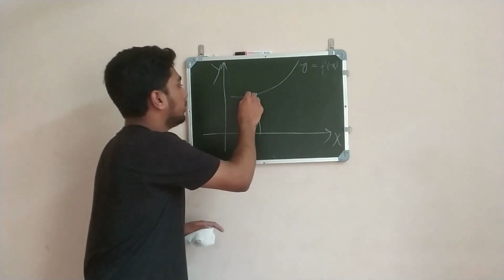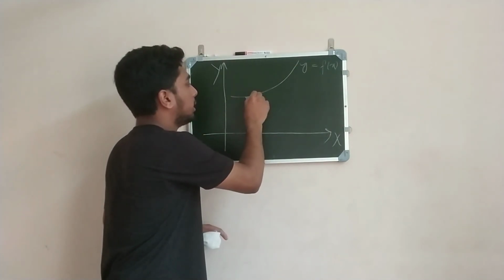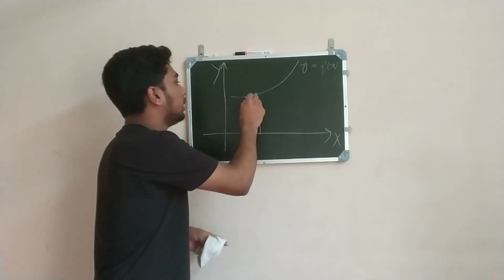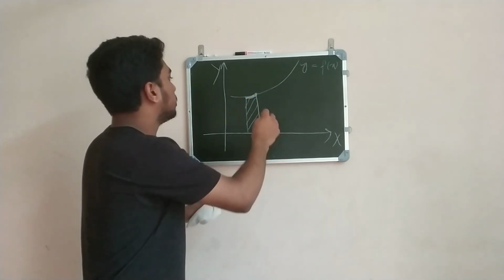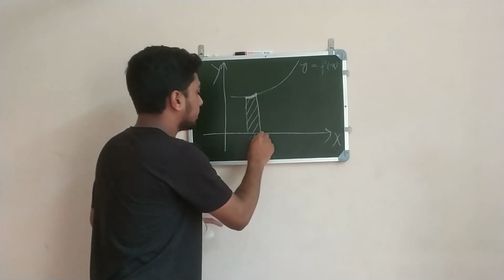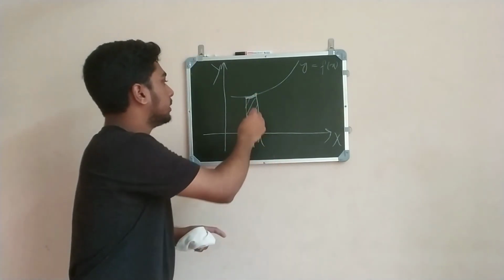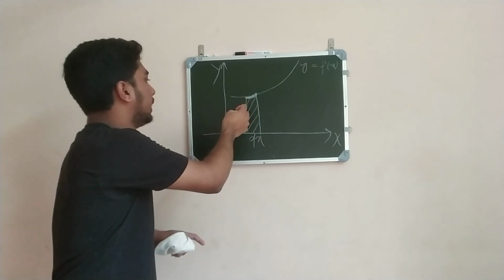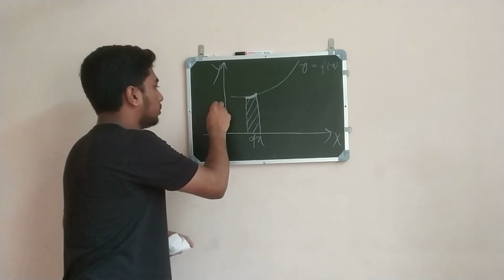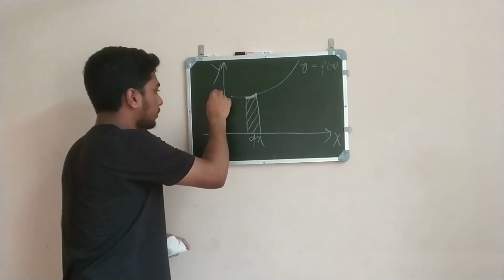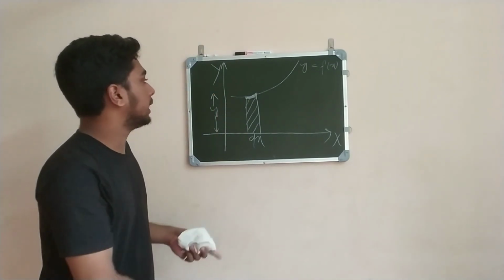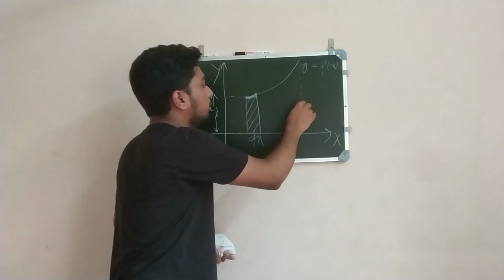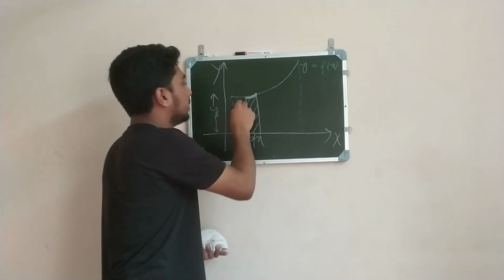So if I take a small element of this, this small element is dx, and this one is, for example, y. Then if I want to find the area under this curve,